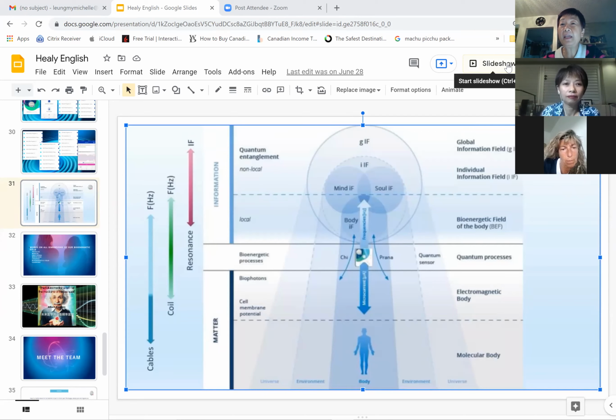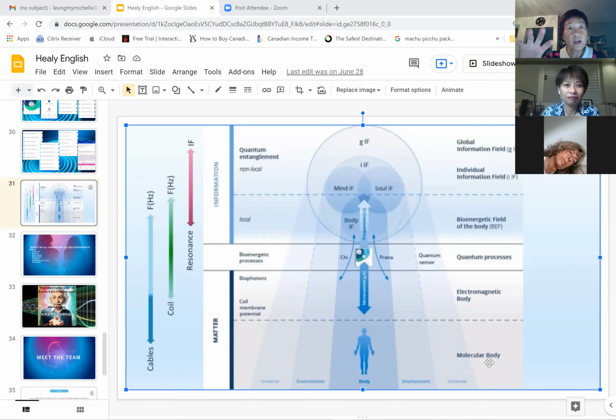Okay, can you see the slide? Yes. Okay, now basically let's look at it here. Don't look at the color; I think the color is confusing. This is the cable part, which is the pink app. The pink app is delivering to your body at the biomolecular level. It is changing the membrane potential to restore the health of the cells.